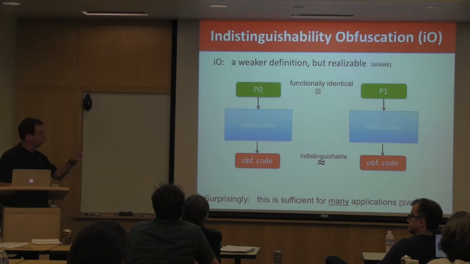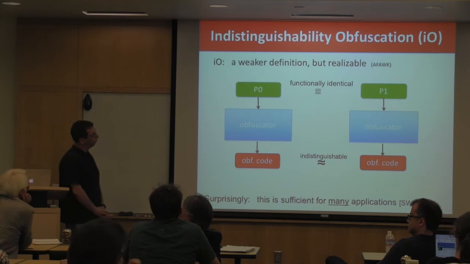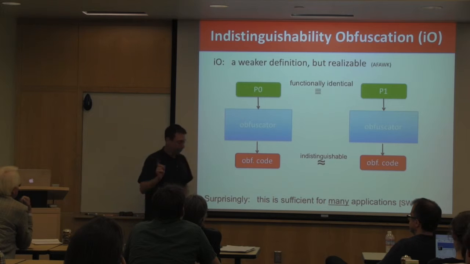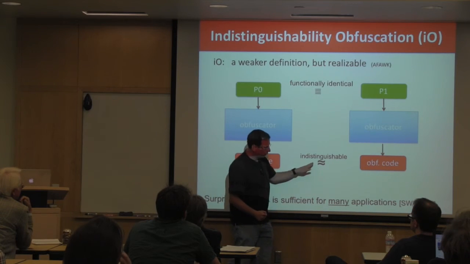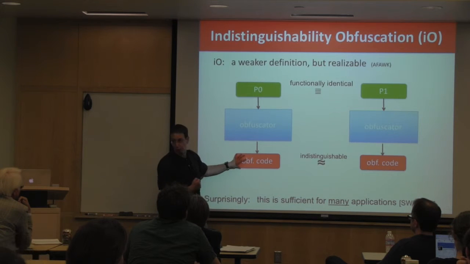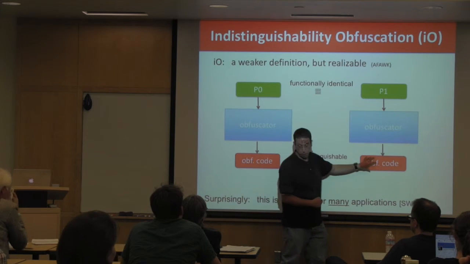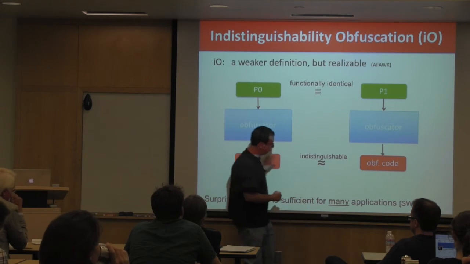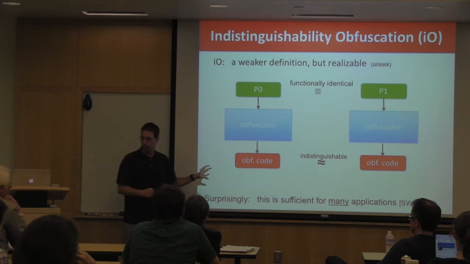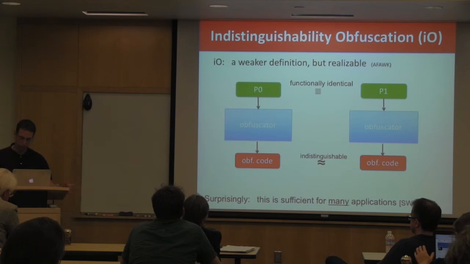All right. So we have this notion of indistinguishability obfuscation. When I write indistinguishable here, what I mean is in the cryptographic sense, which is the obfuscator generates a distribution on possible outputs on the left, and it generates a distribution on possible outputs on the right. And these two distributions should be indistinguishable under an appropriate complexity assumption. Yeah, it's indistinguishable in the cryptographic sense. Thank you, that's a good point.